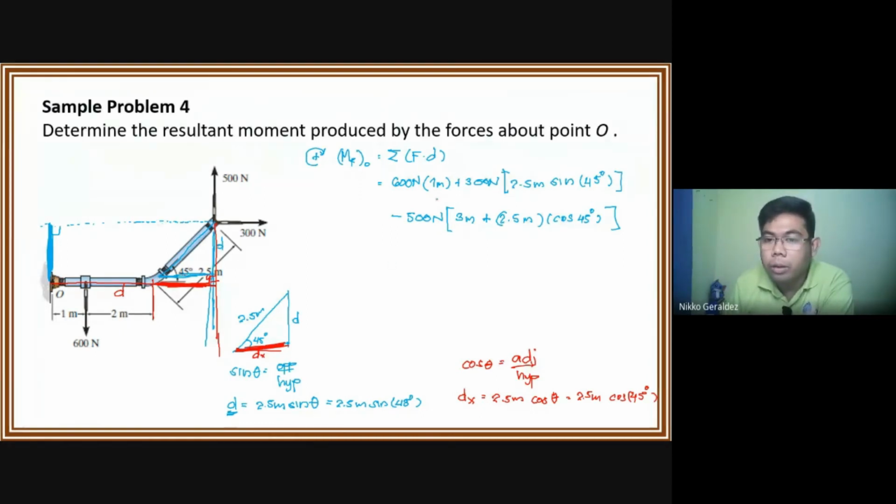Then, i-add natin lahat. So, 600 Newton times 1 plus 300 times 2.5 times sine 45 minus 500 Newton times 3 meter plus 2.5 meter times cos 45. The resultant moment at point O is equal to, ang sagot,